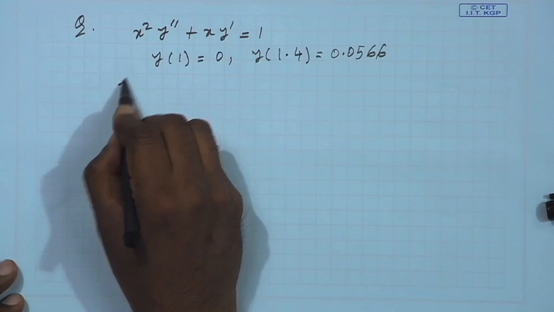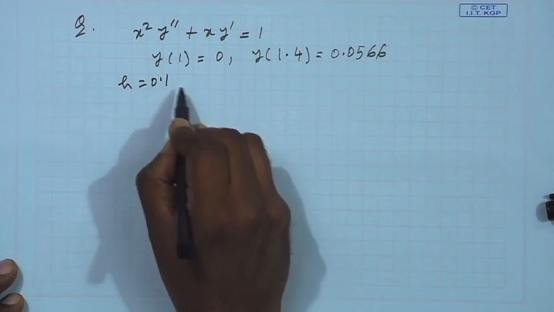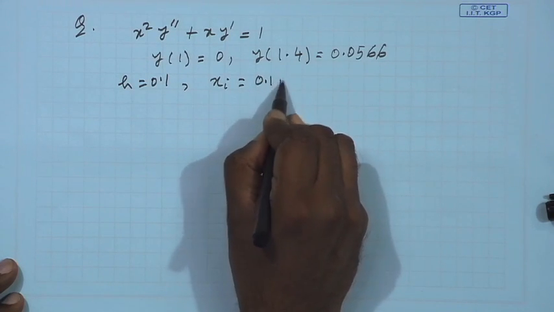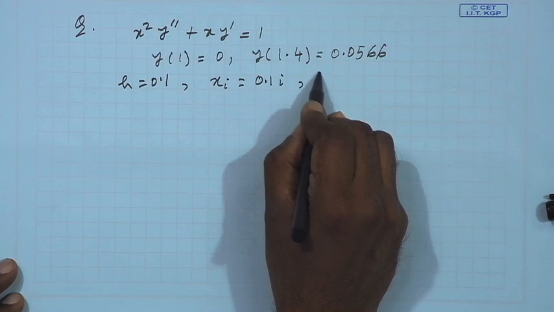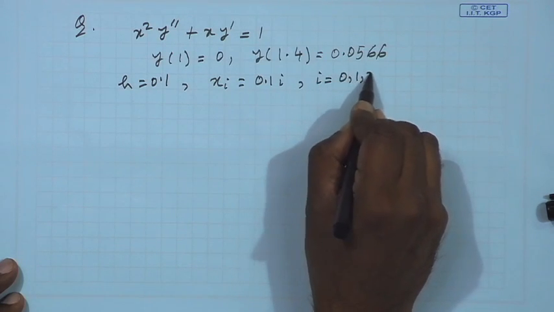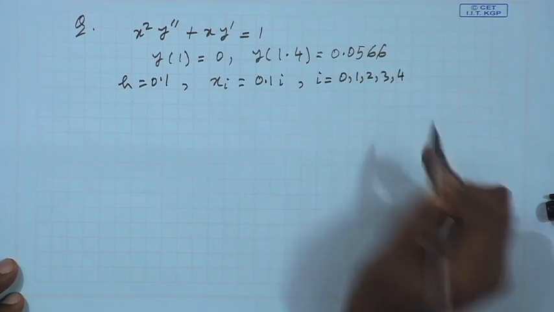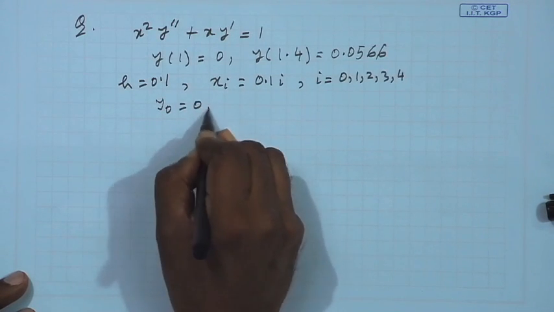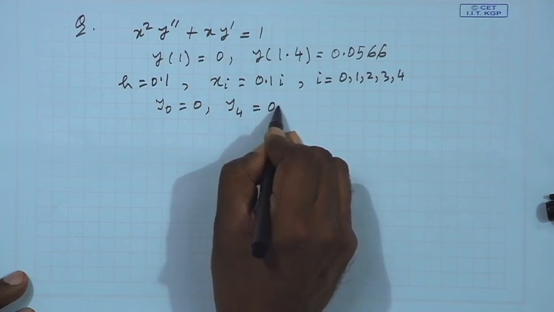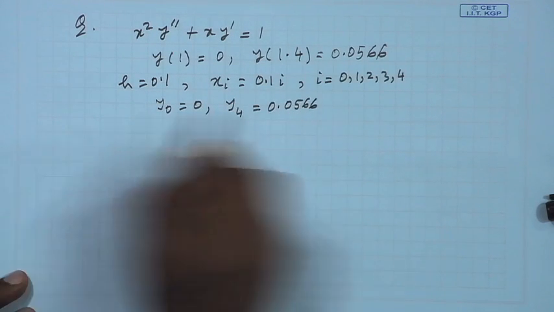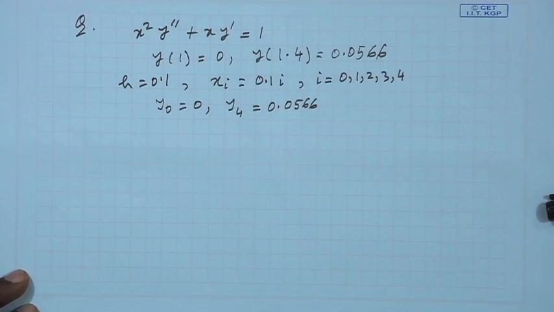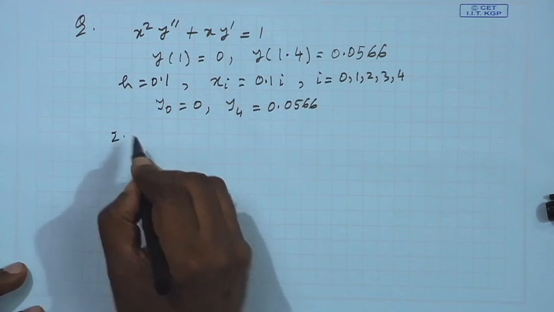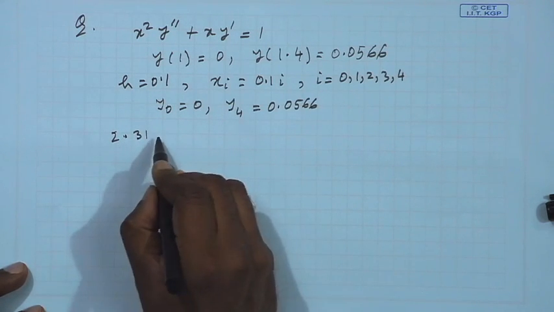So, if I choose h equal to 0.1 and xi equal to 0.1, I will have 0, 1, 2, 3, 4. So, 0 and 4 are the boundaries. So, y0 is 0 and y4 is 0.0566. Now, if I discretize and write the boundary conditions and all, what I find is that this equation becomes